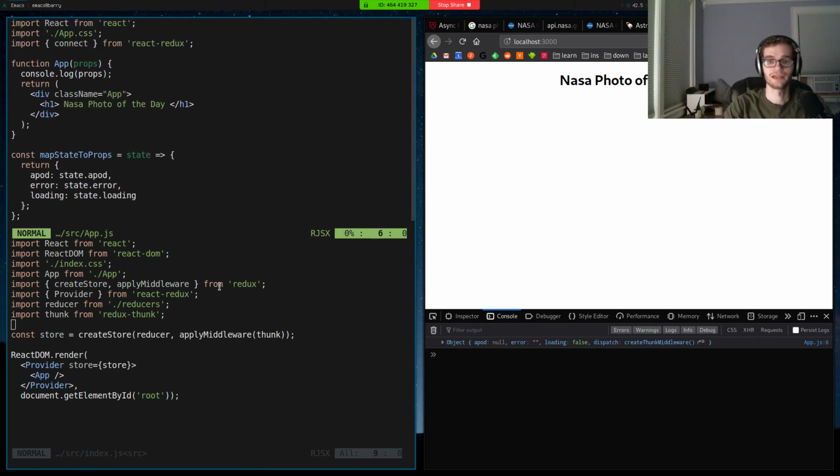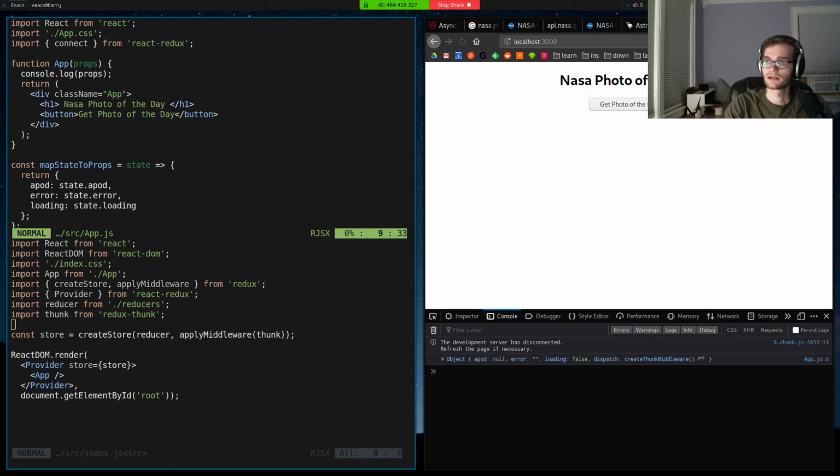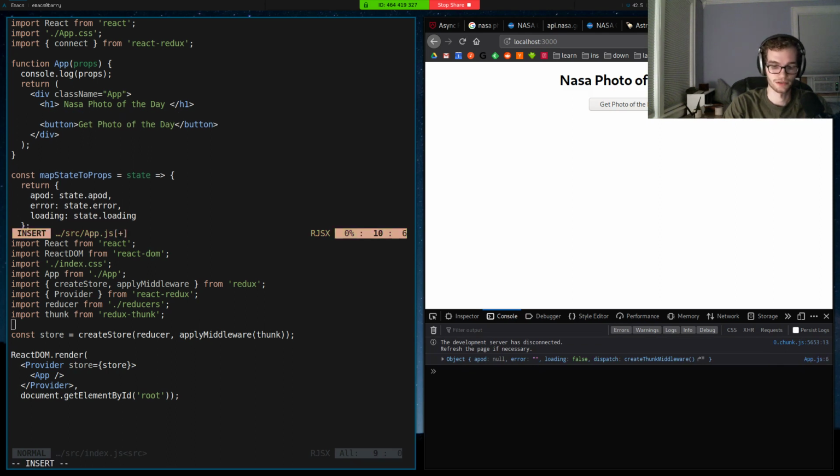So now what we want to do is start displaying the data from our server. So I'm going to add a button called Get Photo of the Day. And what we're going to do is check if the photo of the day is defined. Then I want to display a div. I'm sorry, this should be props dot our photo of the day. I'm going to display a div that contains,